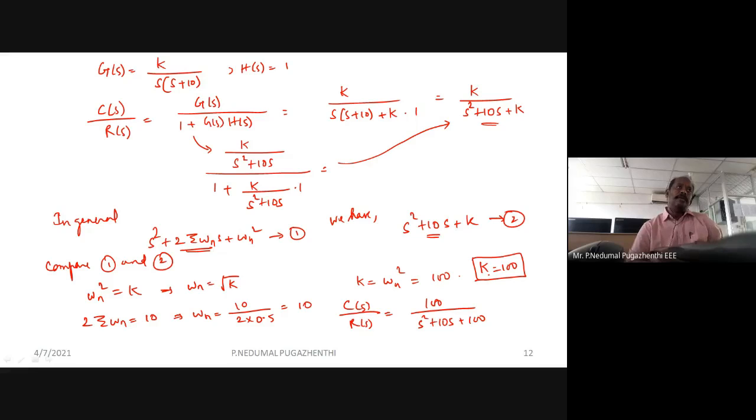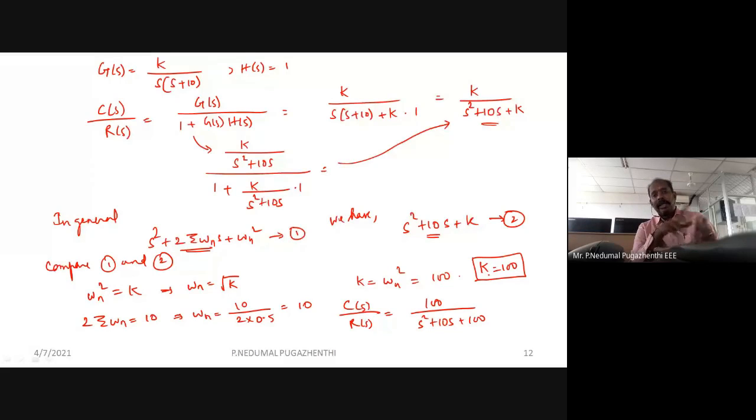So I have derived the format of a general closed loop transfer function. Then from the closed loop transfer function, I have compared it with the general form of the second order transfer function, the denominator polynomial, or I can say the characteristic polynomial. From that, zeta is already provided and omega n is obtained. From omega n, the relation of k is found. So k is equal to 100 is the first result.